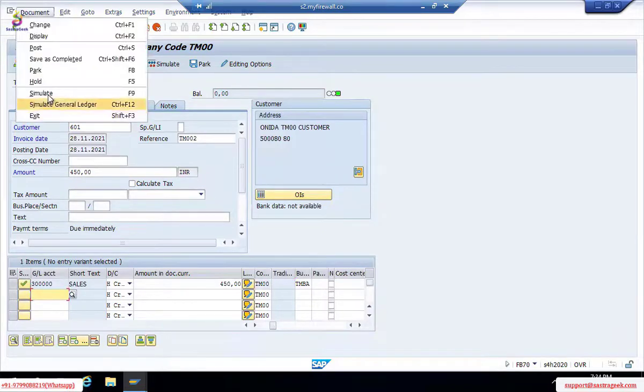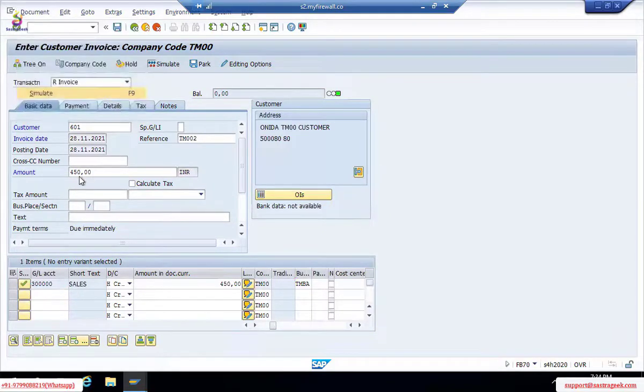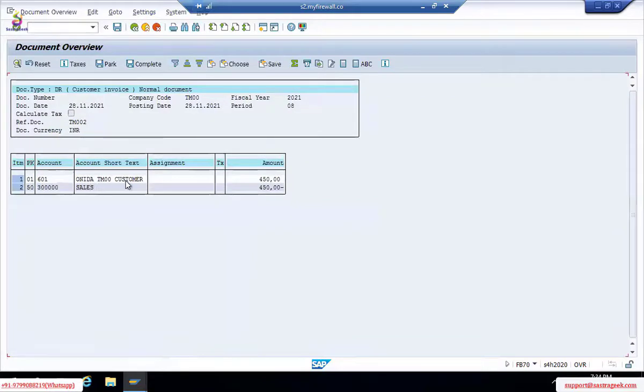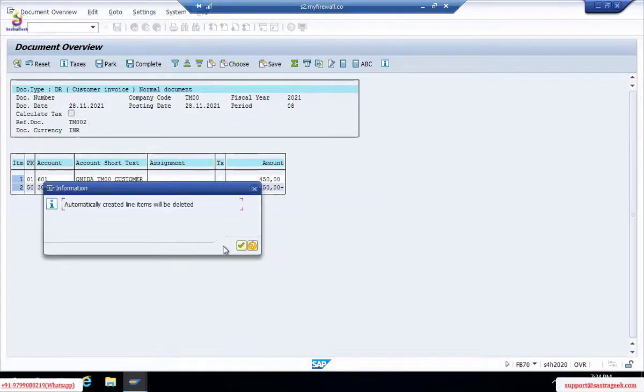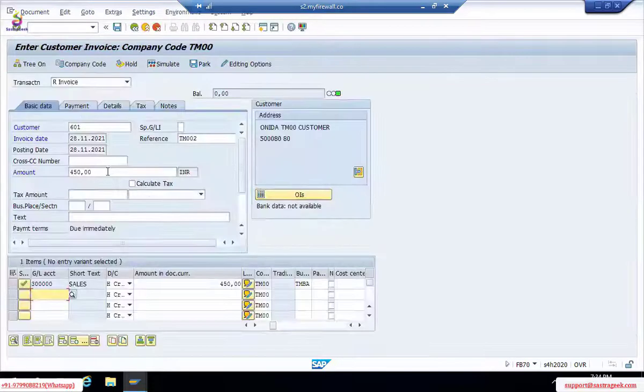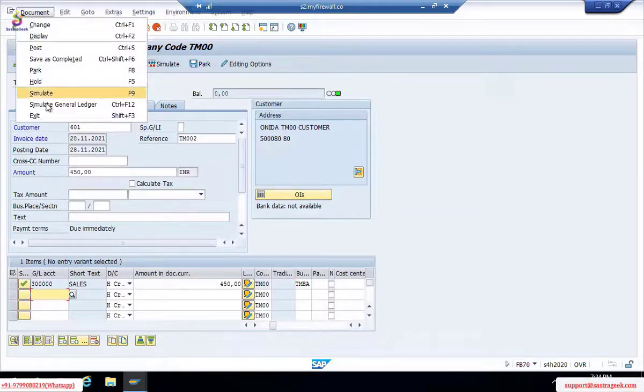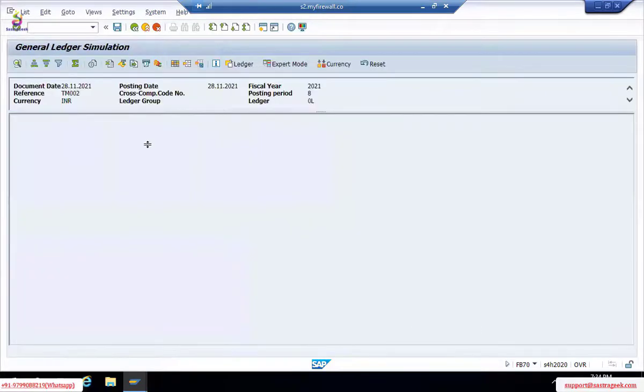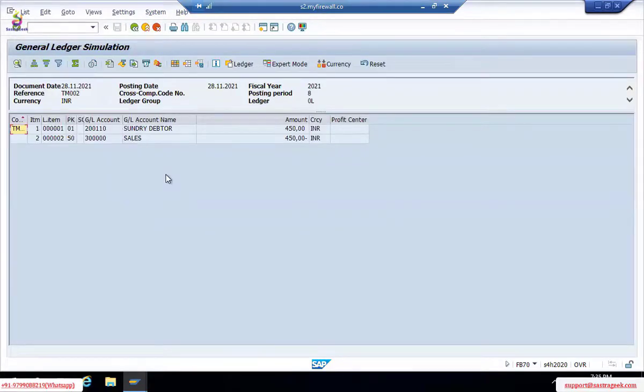In the document you can simulate both ways. One, when you simulate, it will show as a customer account, Onida account to sales account. Just go back. This is a sales ledger, reconciliation ledgers, automatic reconciliation ledgers. It will show debtor, actual account debtor.